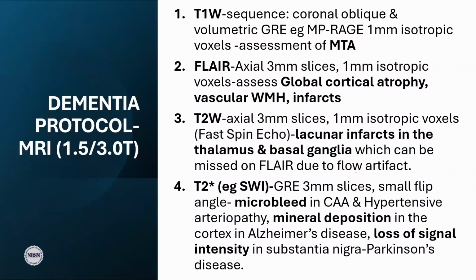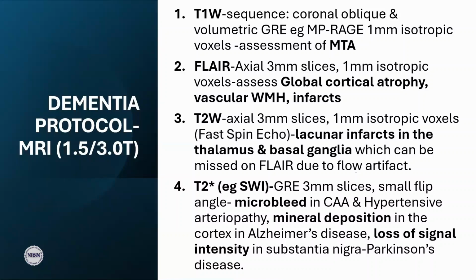Now, it is important to note here that there is no universally accepted or recommended protocol for profiling dementia. So usually what happens is, based on local preference, based on studies that are done locally and the equipment that is available,